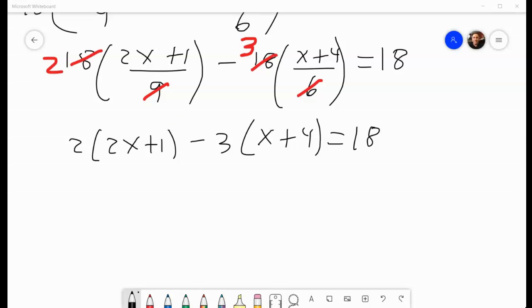And now again, we distribute, right? Just like before, we have to distribute, okay? That's basic algebra. Good. So when we distribute, what happens? We're going to have 4 times x plus 2